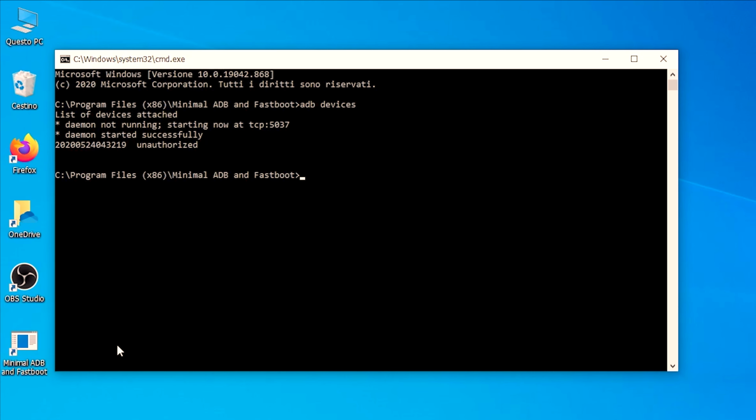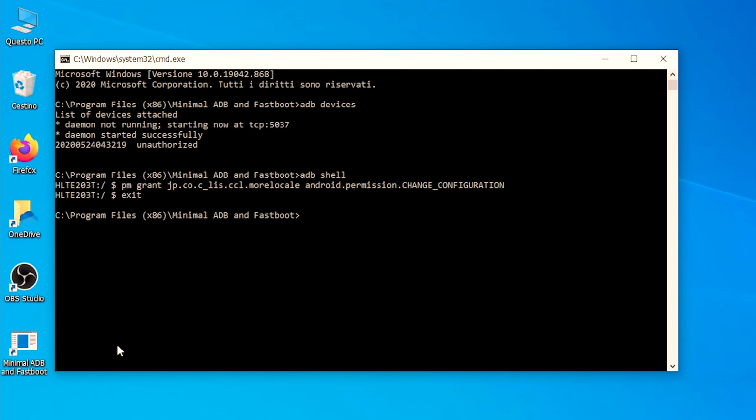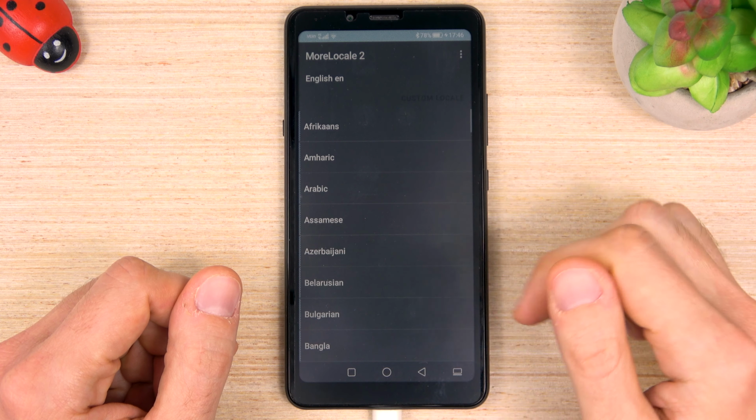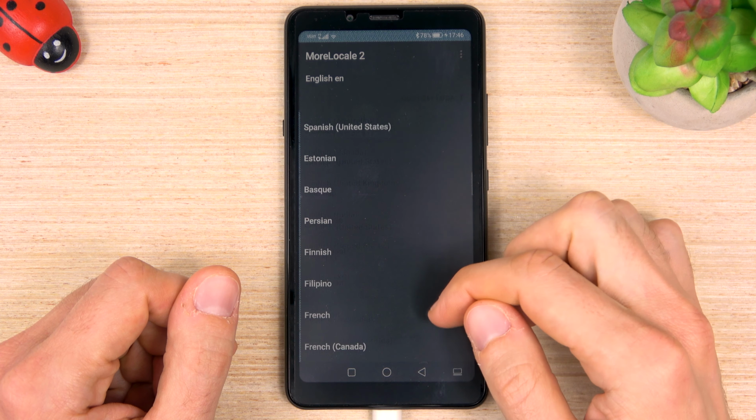Type this command ADB shell, and then you can copy and paste this command from the description in my video. Then type exit. Now you can open the app More Local 2 and choose your language.